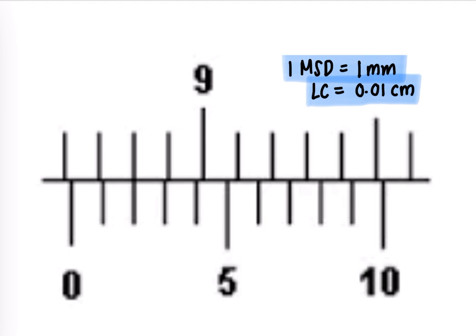So let's get started. When we're dissecting the reading of the vernier calipers, we have to look at two things. One of them is the main scale reading, and the other is the vernier scale reading. So first, I find it better to start with the main scale. So on the main scale, we can first establish this 9, and this is 9 centimeters, by the way. So this is 9 centimeters, and since each MSD, or each main scale division, represents 1 millimeter, we can say